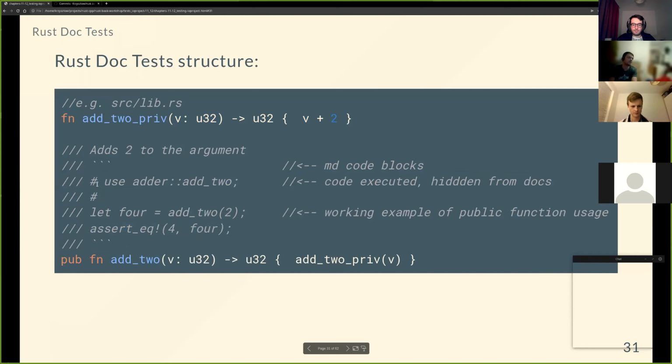One of the things that you can also add there is that you can prefix the lines of the code with the hashes, and it's not a comment, it's just something indicating to cargo doc that those lines shouldn't be visible inside the documentation itself. So for instance, for this example, even though the code being compiled to test the add2 function